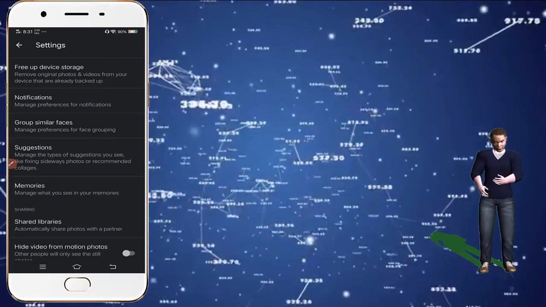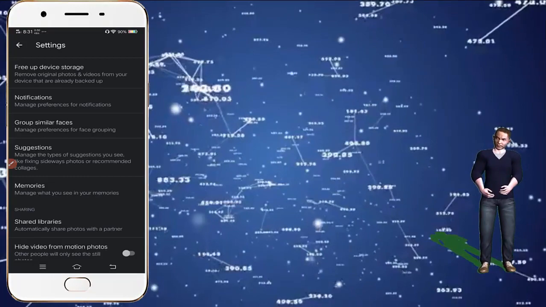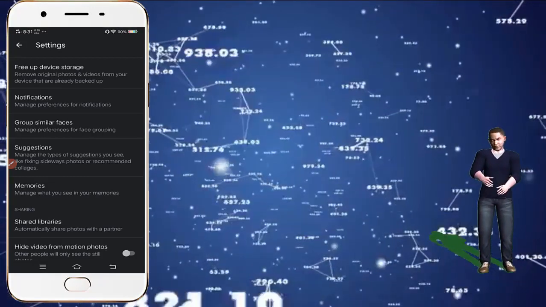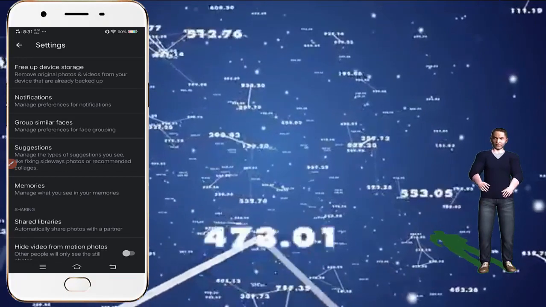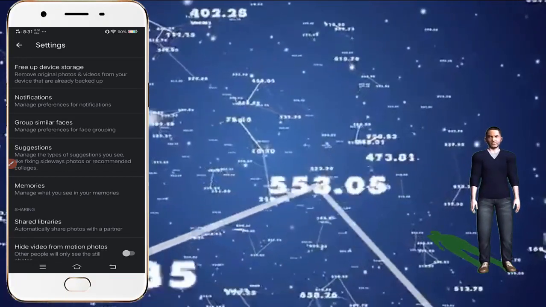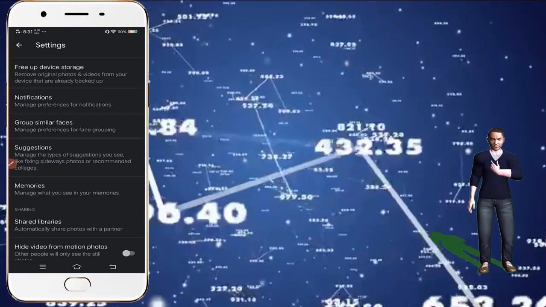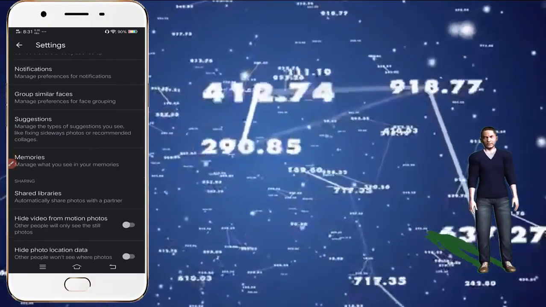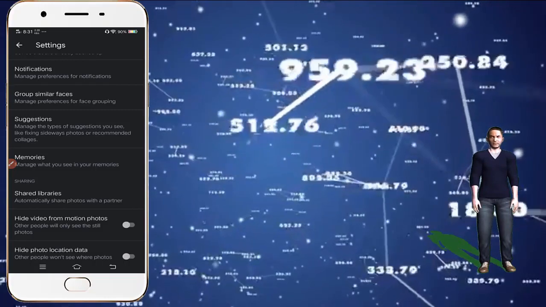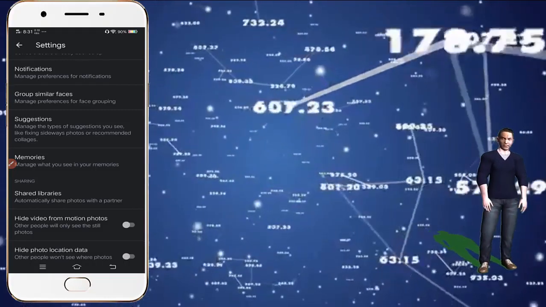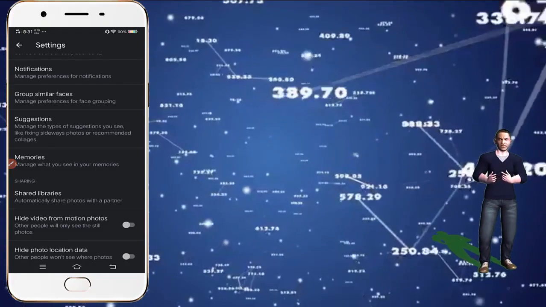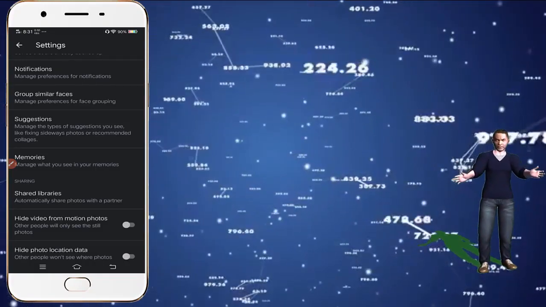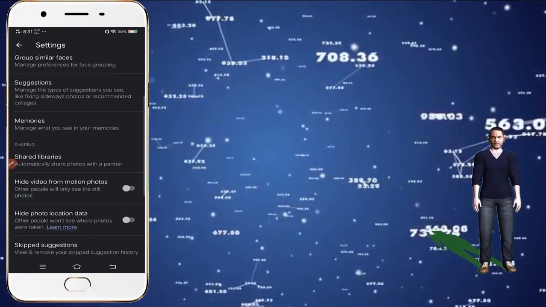Like if I captured a picture on the same date last year, it will send me an On This Day notification, and I will remember that last year I went somewhere and took this picture. Shared libraries is another function which we already discussed previously, where you can add your partner or anyone else you want so they can watch your images from there.